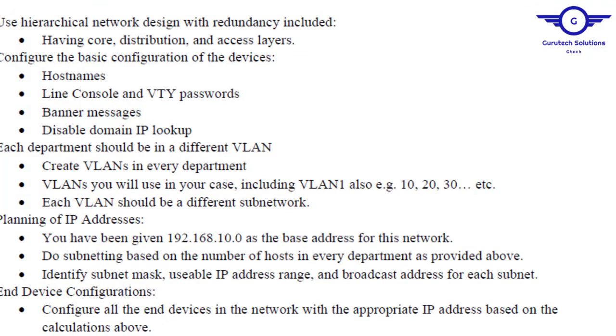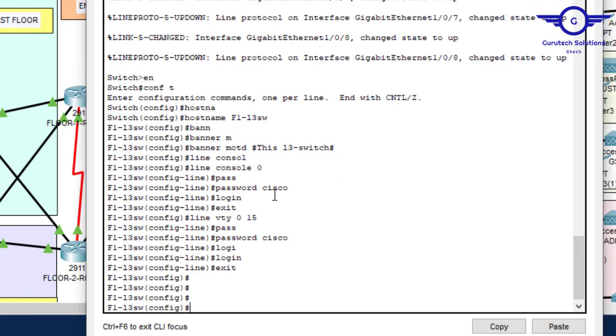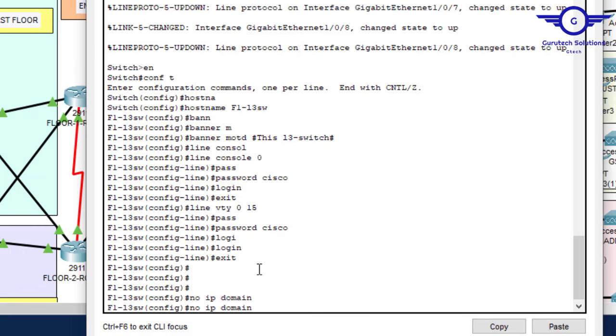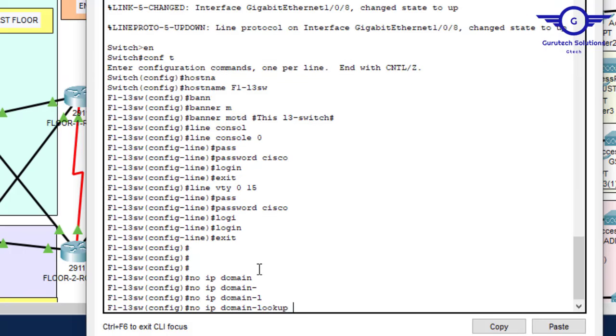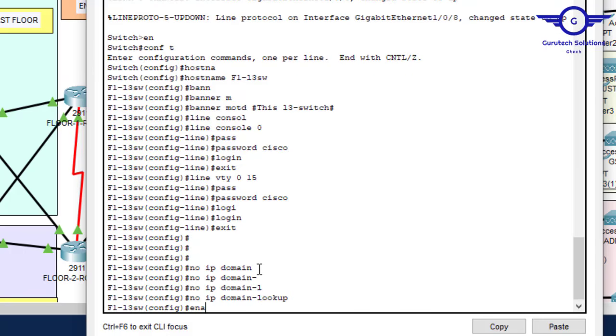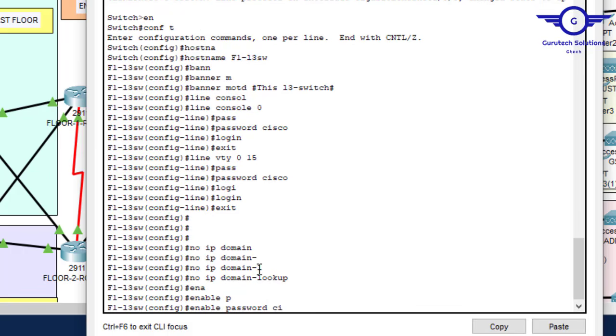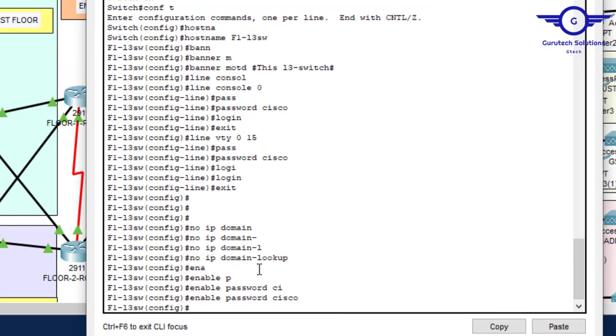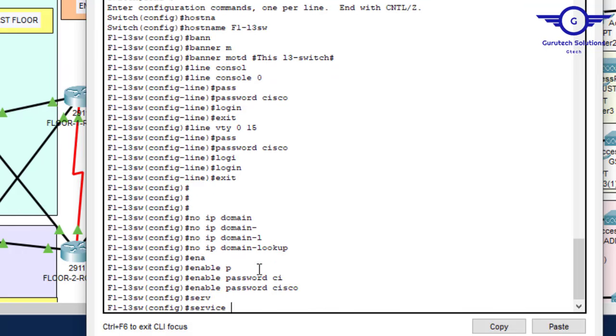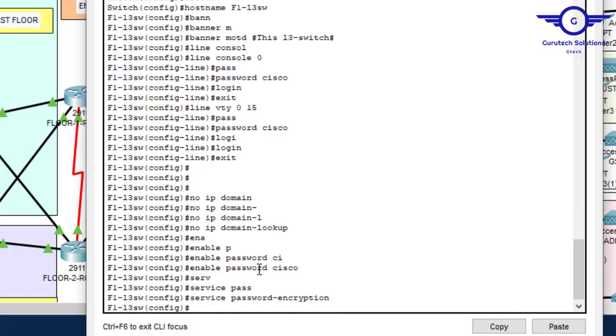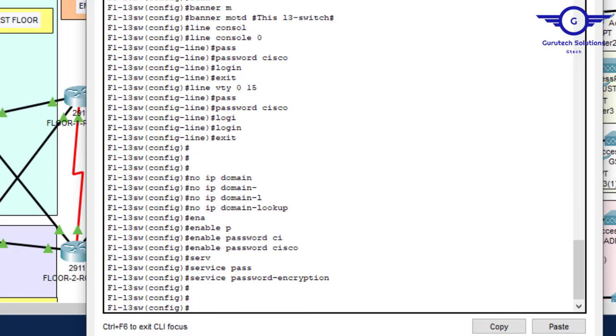Let me check. Okay, we have this no ip domain-lookup. Let's disable domain lookup. Okay, and now enable password to protect privilege exec mode. Enable password, still Cisco. Then service password-encryption to encrypt all the passwords. Okay, so guys, you know, we said here